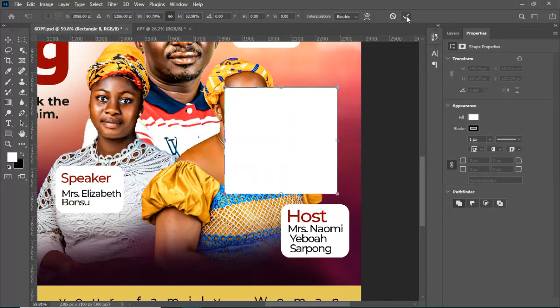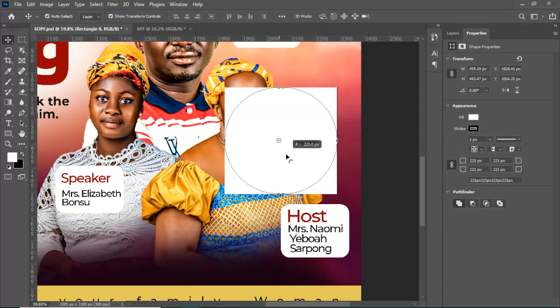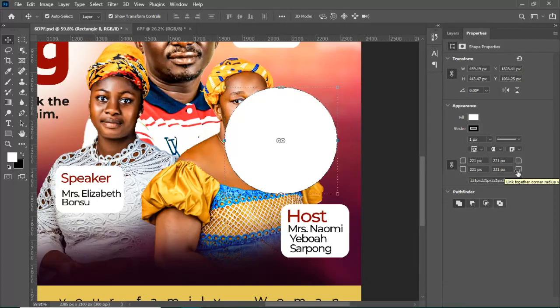So you press OK, and the angles have come for the corner radius. So you can just adjust them from here, or you can also come here and do it from here. So you see, this is the link that is linking all the four angles together. So you see 221, 221, 221 throughout. If you want to adjust one side, let's say